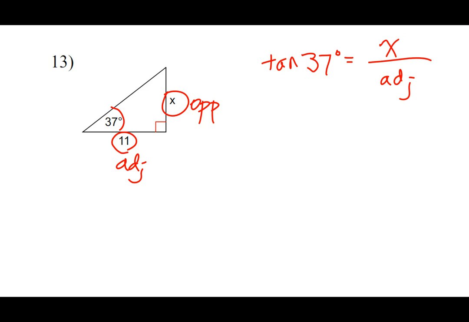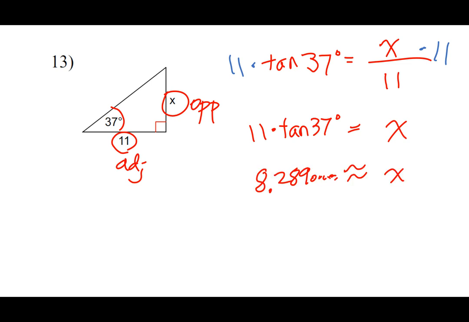Then the adjacent side we have to change to a number or a letter. In this case, adjacent side is 11. You solve this just like you did on yesterday's worksheet, by getting rid of the fraction, times by 11. That will get rid of the fraction. See, there's no fraction bar. On the calculator, you multiply 11 times tangent of 37, and you get